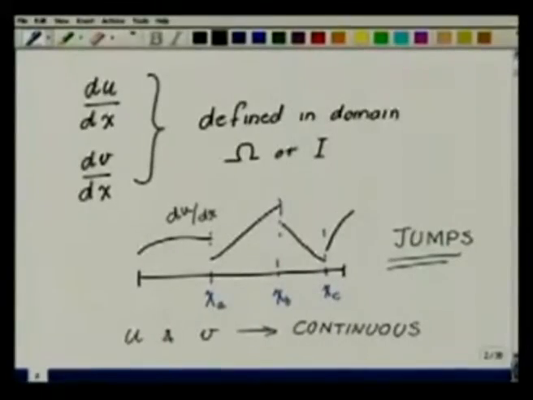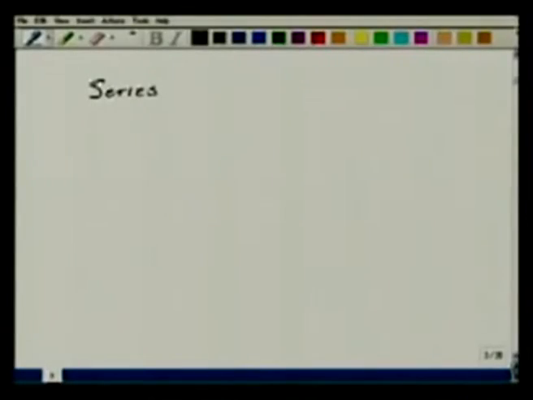With this requirement, we ask, what are the functions that can be used in our series representation? Because in the series also, we need functions which can capture this kind of behavior. So the phi i's that we have should also satisfy this minimum requirement on the derivative. We want phi I for this particular problem, because we want the left hand side to be defined, to be continuous, or we say it lies in C0.